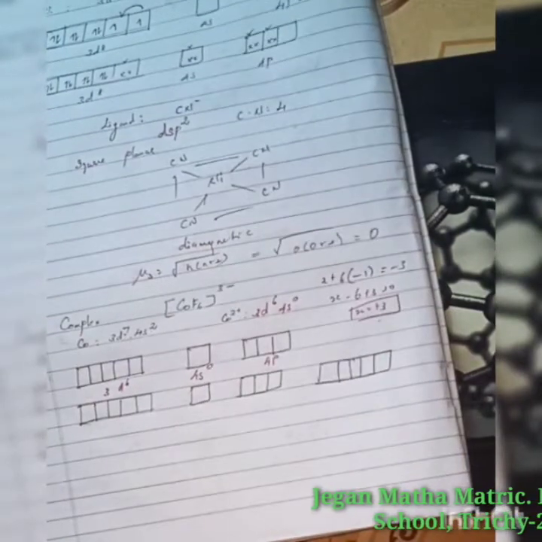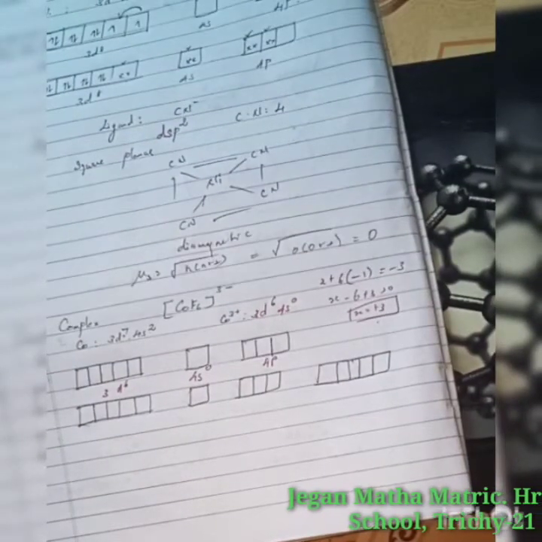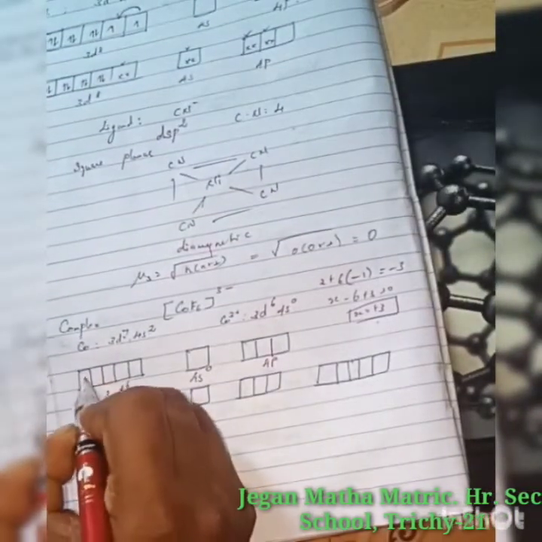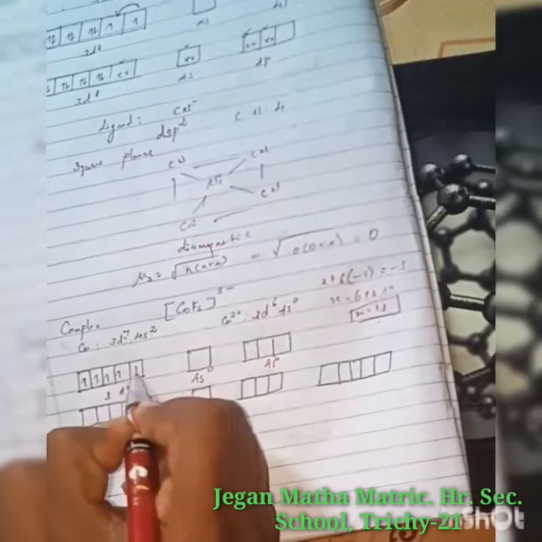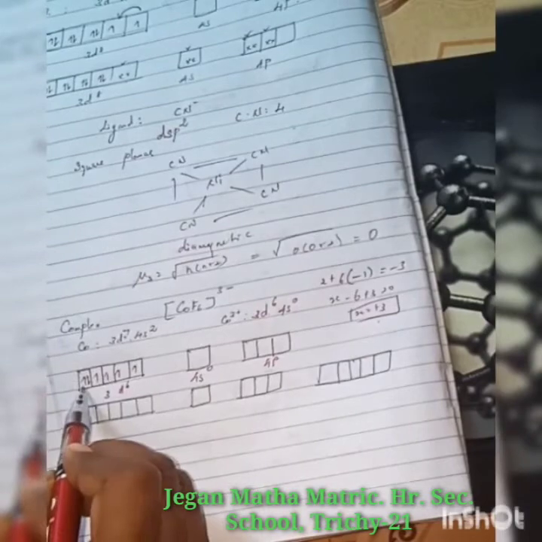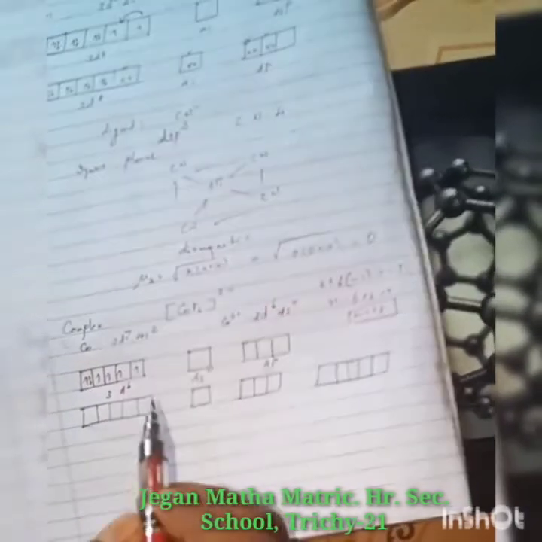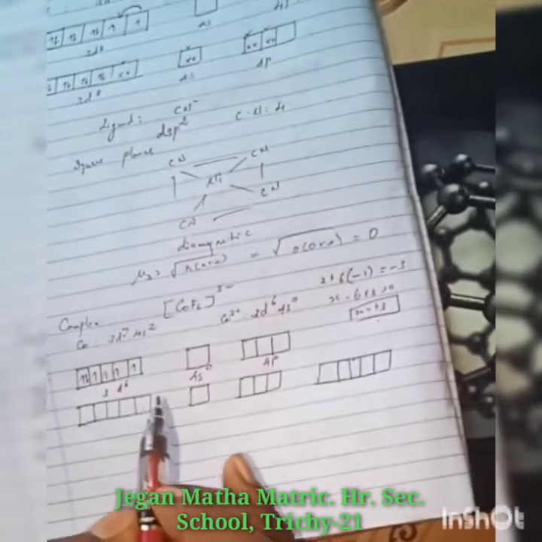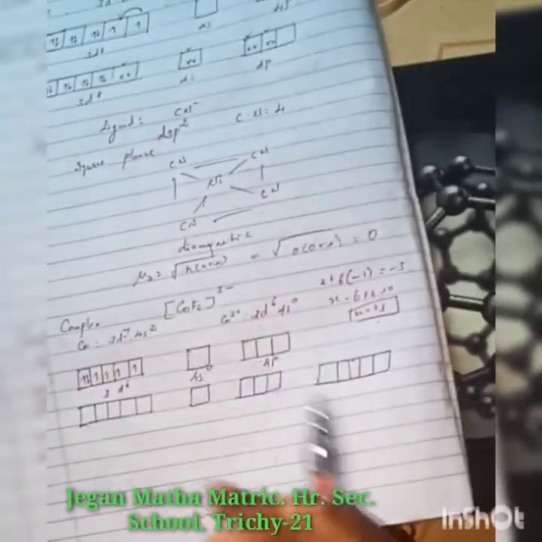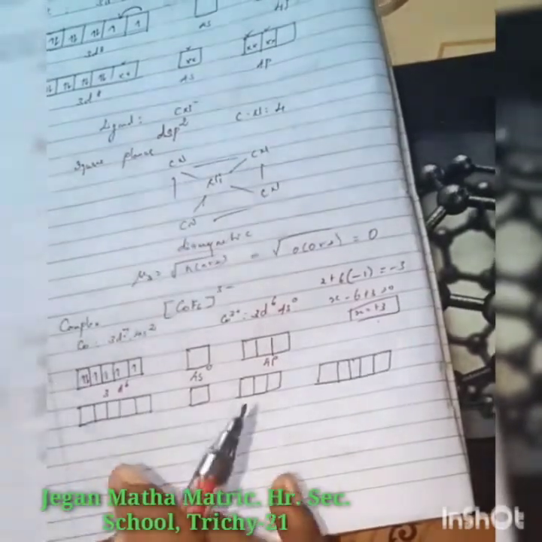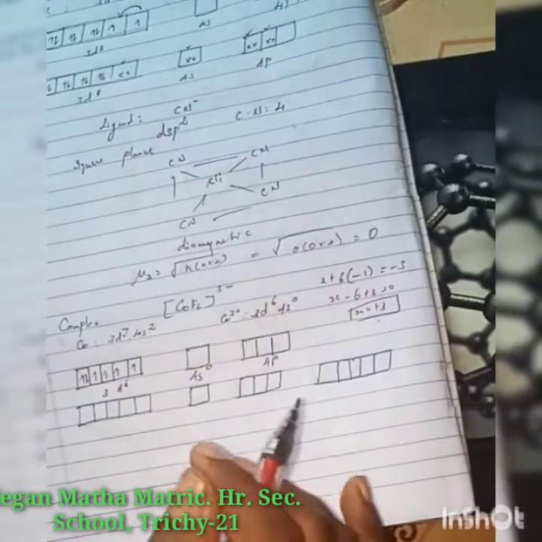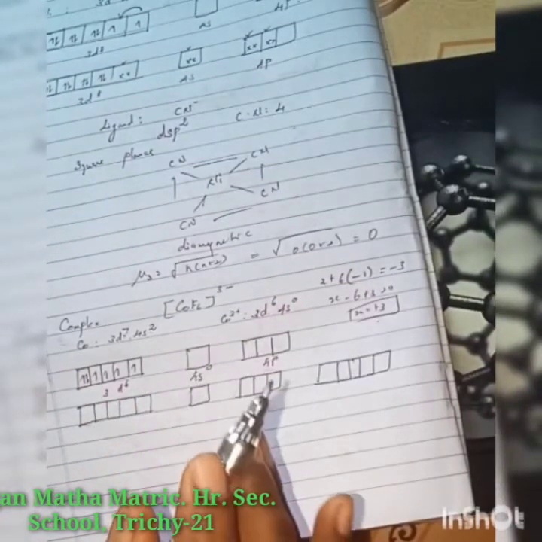Now we fill the electrons in these orbitals. For 3d6, first we fill a single electron in each orbital, so 5 are completed. Then the 6th electron comes in the downward direction, so there is one pair and 4 unpaired electrons. Fluorine is not a strong field ligand. Cyanide, ammonia, ethylenediamine and carbonyl are strong field ligands, but fluorine is a weak field ligand, and hence there is no pairing of 3d electrons in the metal. So the electrons remain unpaired.